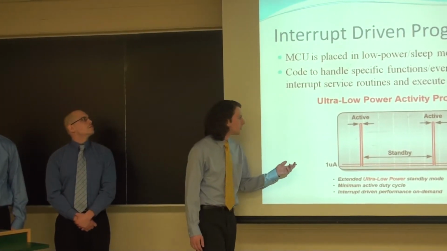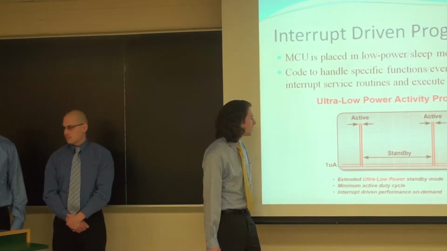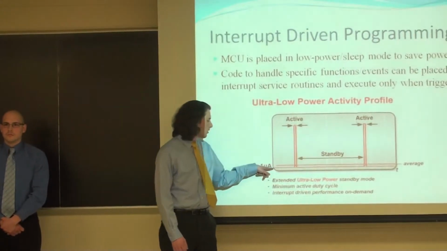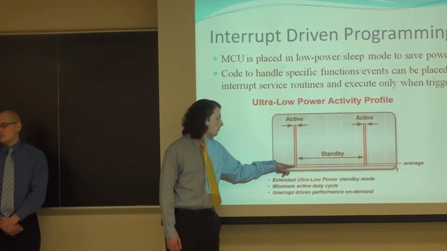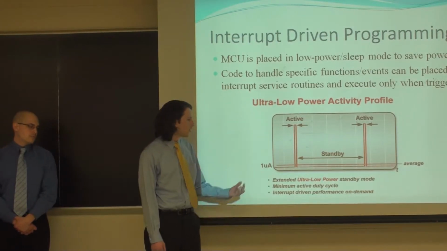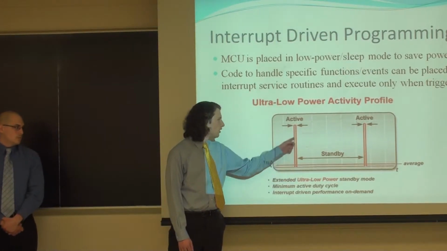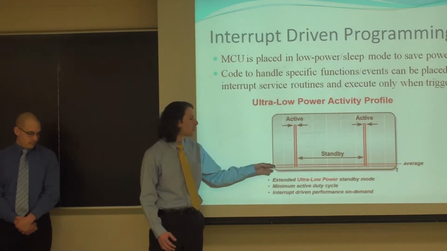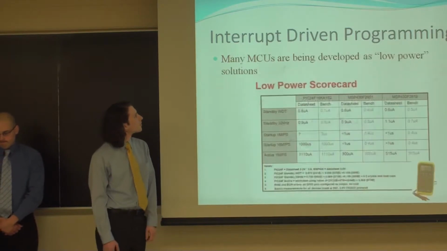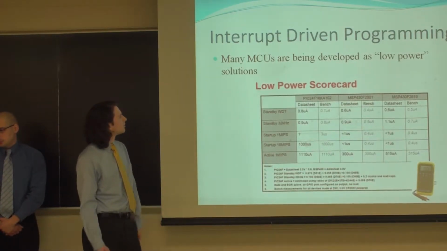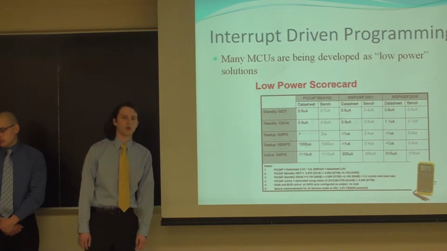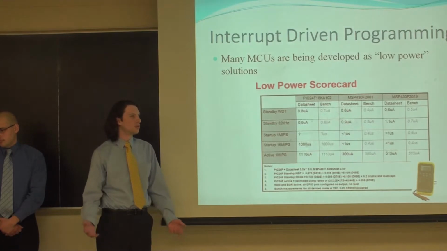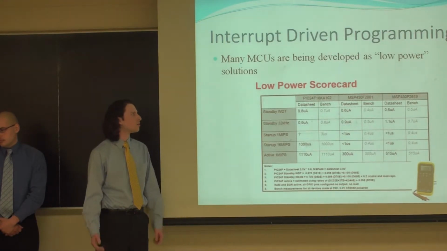programmed. This graph just gives you an idea of how this works. Basically, it shows that for most of the operation, in low power mode, the microcontroller is drawing very low current, and then when interrupts are triggered, the microcontroller is active for very short periods of time, drawing more current, but the overall average current will be very low. And many companies are developing microcontrollers with this application in mind, including several low power modes and efficient interrupt